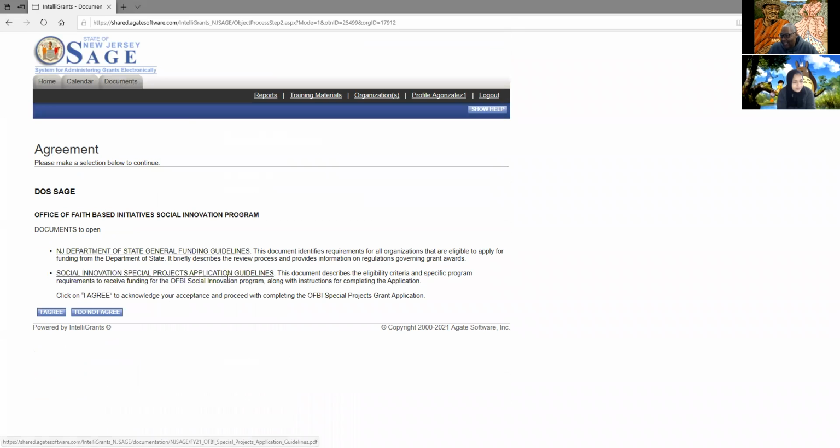And this has to be upgraded. So should I take a screen print of this and send it to you? No, no, I'll do it. You're gonna have to create another app. Well, you don't have to create another application. You can get to this page and then click, I don't agree. But yeah, you gotta take a print screen